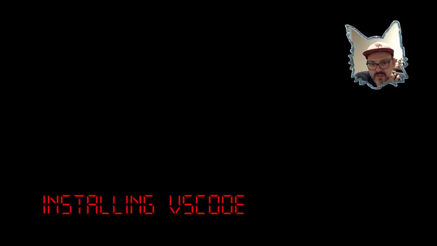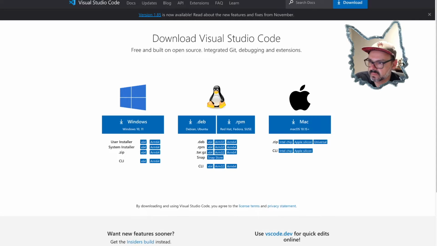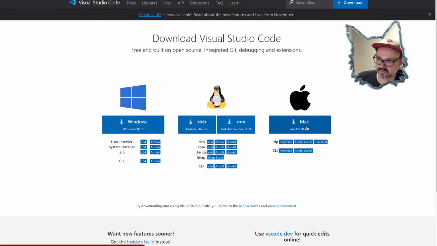Okay, so installing VS Code and PlatformIO is actually quite simple. So I'm not going to go through the whole installation, but we're going to talk about it. For VS Code, there's a link down in the description, but all you have to do is just go to code.visualstudio.com/download, and you're going to pick the platform that you are using, whatever computer flavor you want. I'm on a Mac, so I will choose Mac. Download,